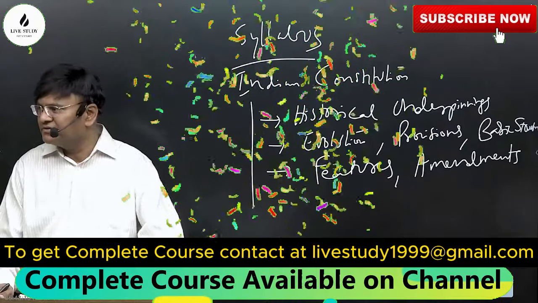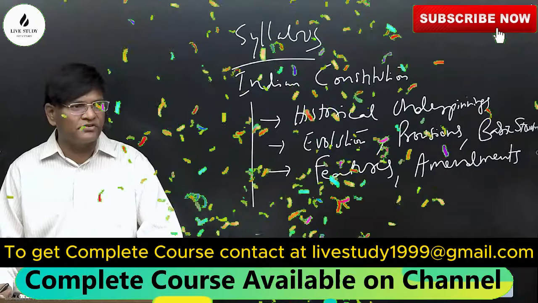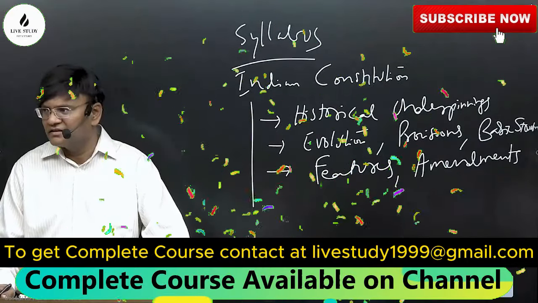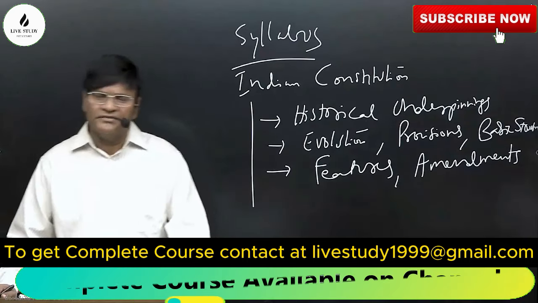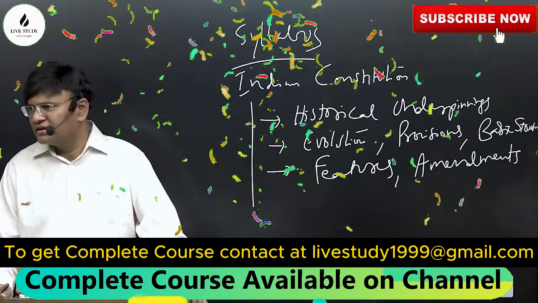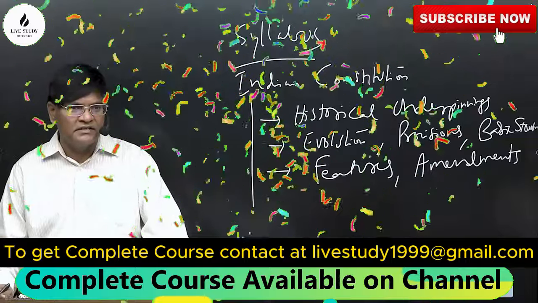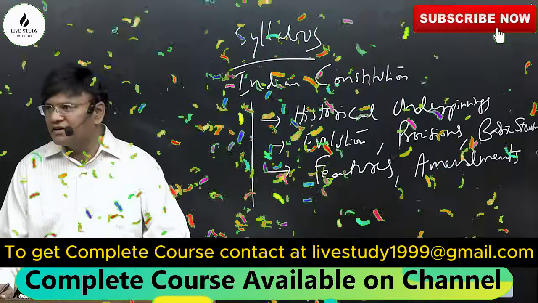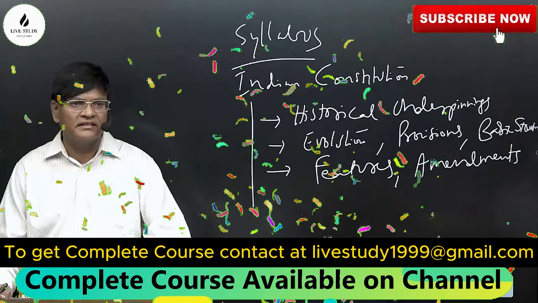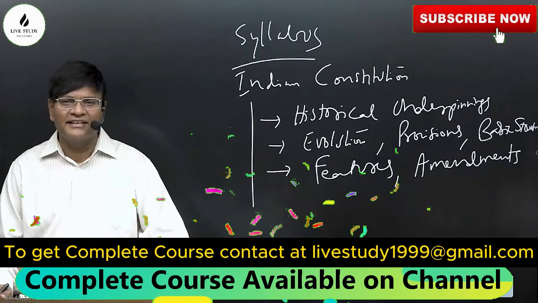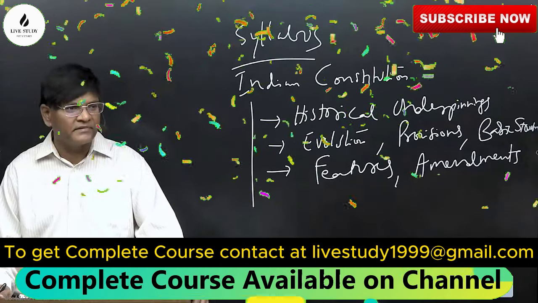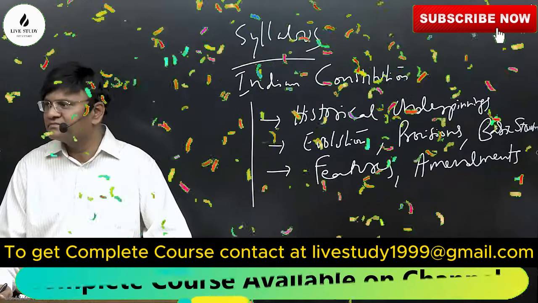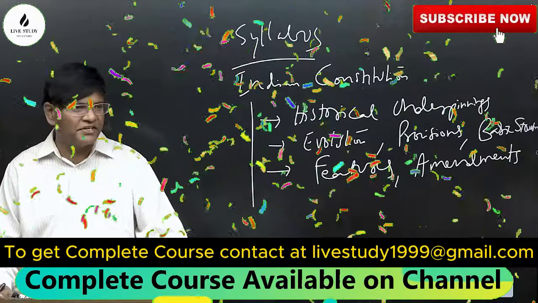Right? A person from science background does not know what is the basic structure of the constitution. How many of you know about basic structure? That is where the problem is. And a person who studies, say, a constitution or polity does not know what is the difference between a Newton and Einstein. They don't know. That is what we say. Right? A person who studies history does not know what is fiscal deficit. That is where the problem with our education system is.